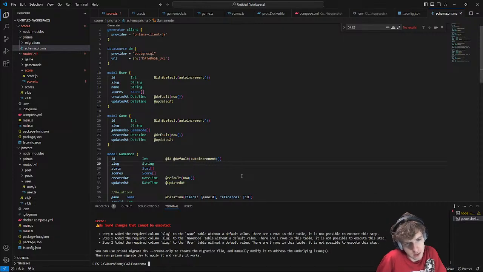Oh. So I can't add the slug columns because it has data already. How am I going to do that then? Because I want to add in the columns, but I don't want to make them have default values. I'll also just update that later.